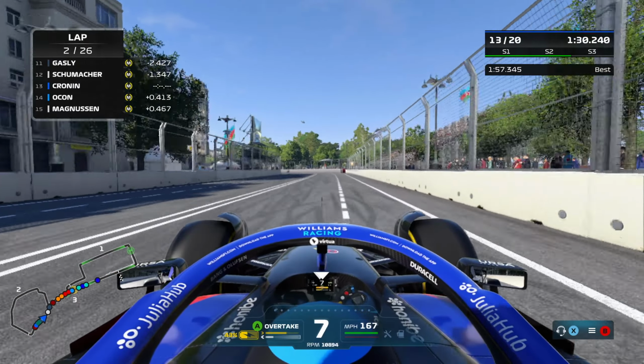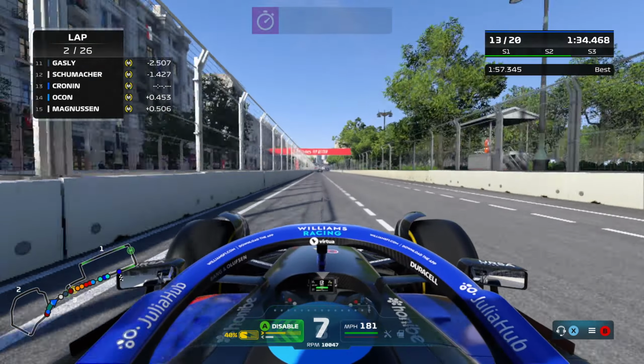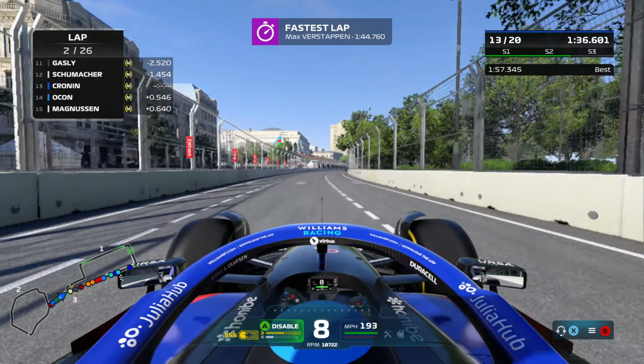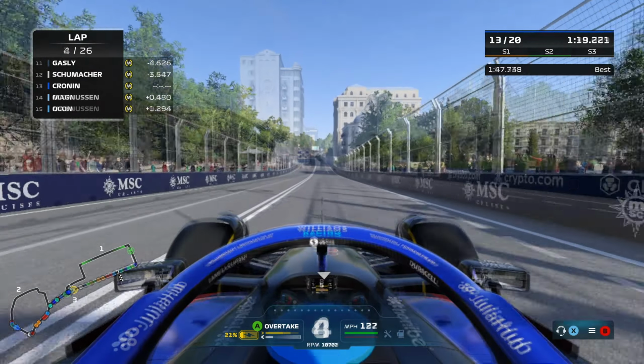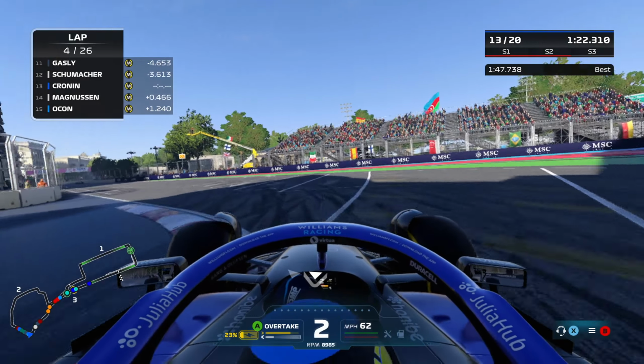There goes Magnussen trying to make something happen on the inside as they make their way into the last chicane. And going side by side here, I think Ocon's going to hold on to it for the time being, but Magnussen's going to stick with him. So stay within range of DRS. As we push on into lap number 4 now, Magnussen did indeed jump Ocon, and now he's going to try and